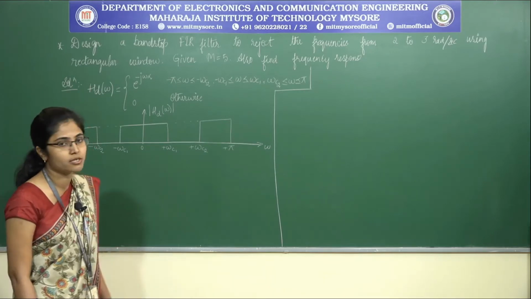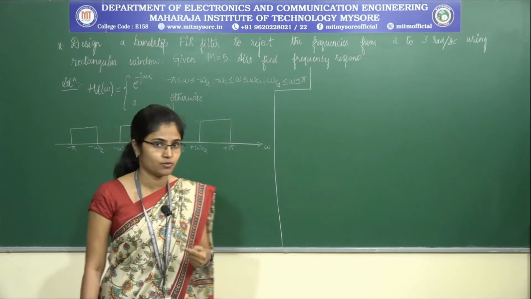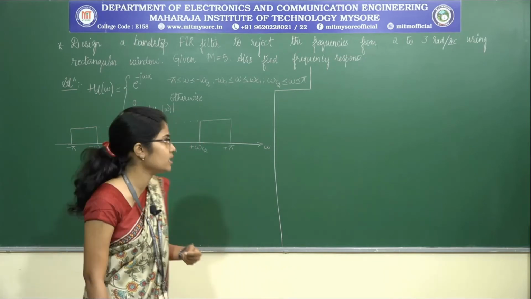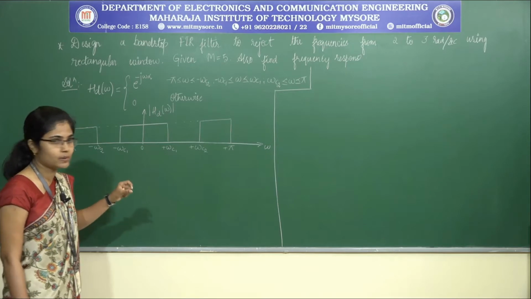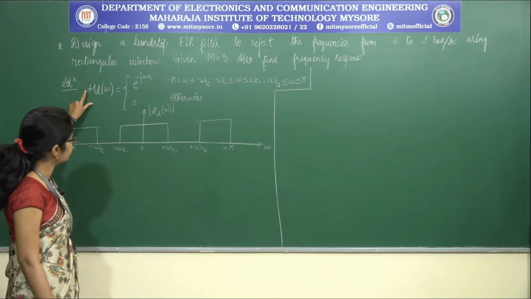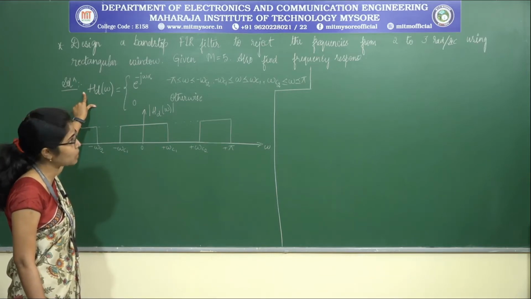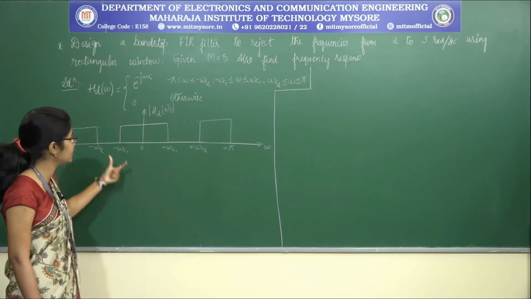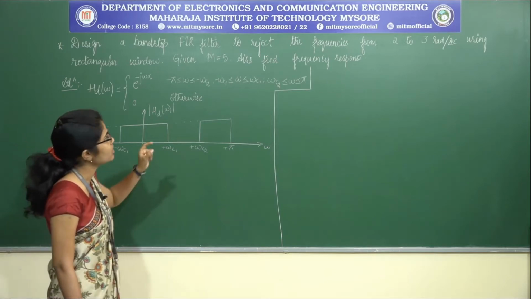Also find the frequency response. So they are telling us to find out hd of n as well as h of n. Then they are telling us to find out the frequency response H of omega. So if I write the standard equation, that is the desired frequency response of a band stop filter. So this will be the standard equation, and if we plot the magnitude response with respect to frequency for a band stop filter, this is the response which we are going to get,